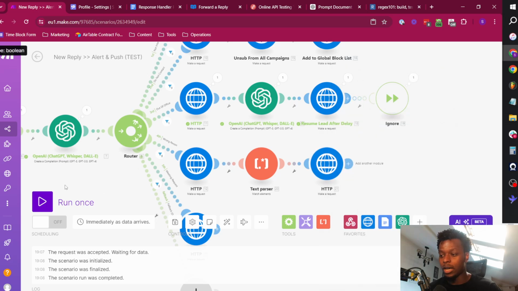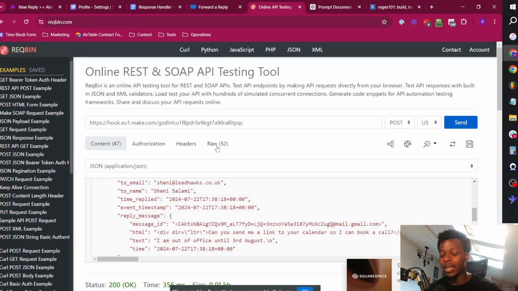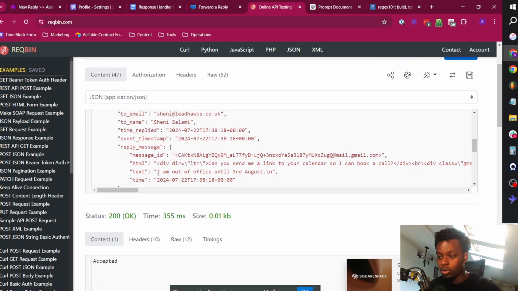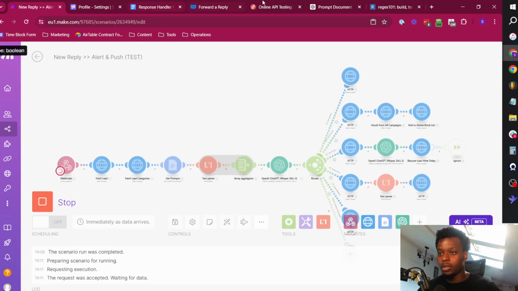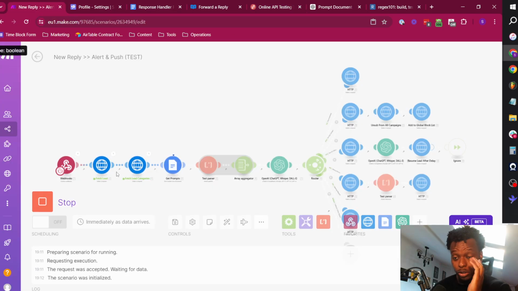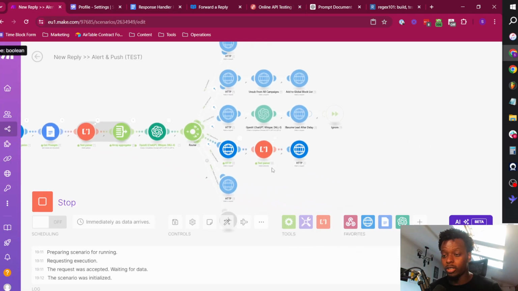So if we click on that and then we run once and we change the text inside of our testing tool to something along the lines of, Jenny no longer works here. For further inquiries, please message Jenny mailinglists@gmail.com. All right, so that's still going. We click on send. And now what it's going to do is it's going to go down the wrong person file,